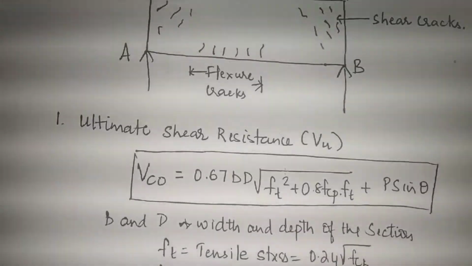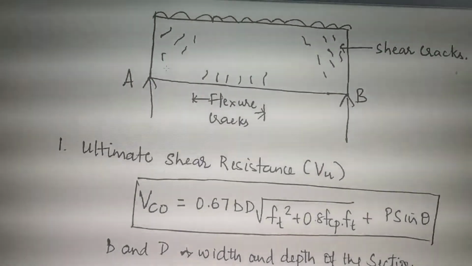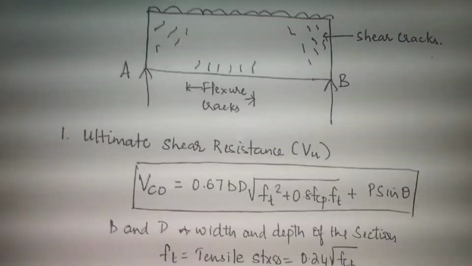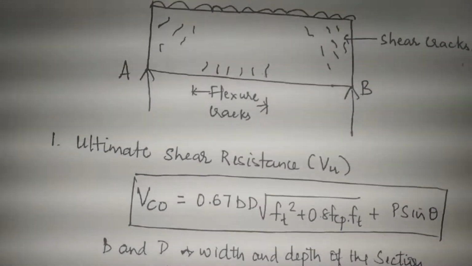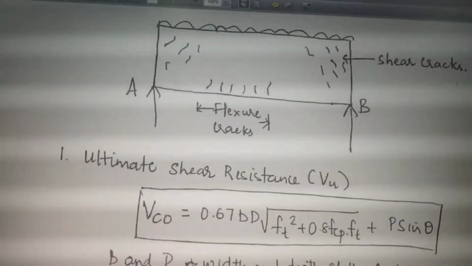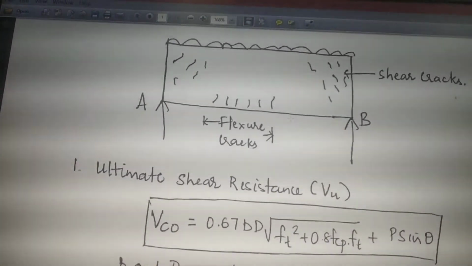When you give the reinforcement, the propagation of the cracks will be only up to the reinforcing bar. Above that bar, the propagation of the cracks will not take place. The steel member you are providing has the capacity to resist the tensile stresses, thereby you are preventing the crack propagation till the topmost fiber.